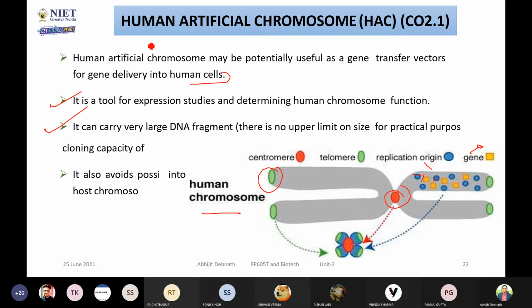So what we are doing, we are actually making the human artificial chromosome. So you can insert a particular gene in this particular area. So when it is replicated with your entire chromosome, it will be replicated with that particular thing. So whatever our actual human chromosome is, you can see here, this thing is made on a small scale. We have mimicked that thing on a small scale. So you can see the centromere coming here, the telomere is here, and this part is reduced. We have taken only the replication origin and the gene in these particular areas. Okay, so this is the artificial chromosome.